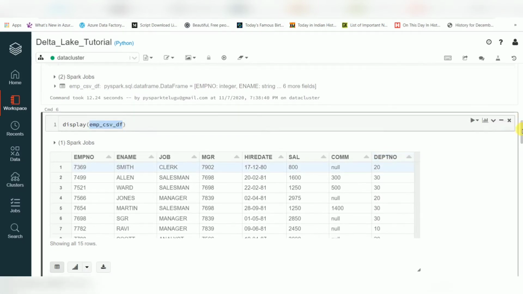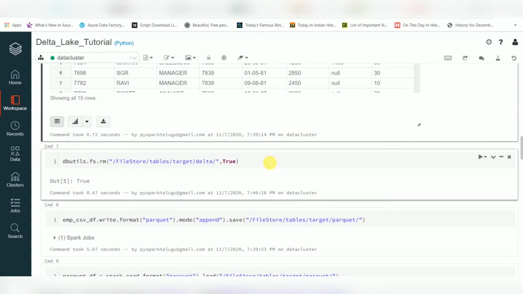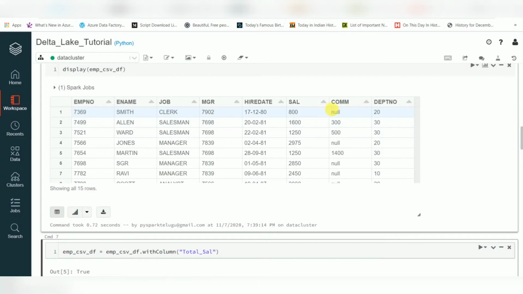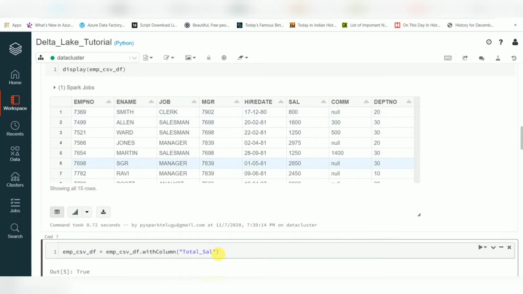I am going to add an additional field here, using withColumn. I'll call it total salary, which means salary plus commission. I'm going to create this additional field in this data frame.